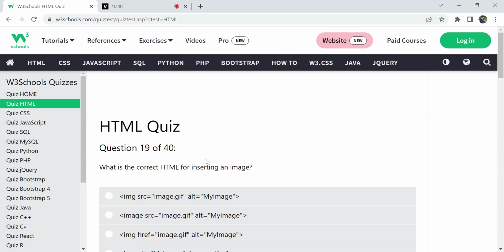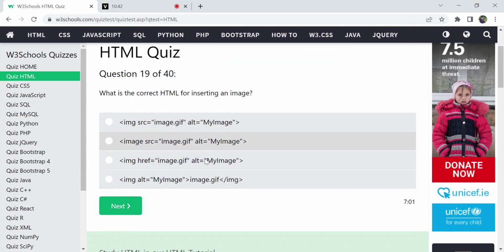So the next bit is related to HTML elements for inserting an image. For inserting an image, there is no image tag. We have the img tag, and you should know the attributes for that img. There are two attributes, the source and the alt. The source is what image should be displayed at that place. You should give the source of that particular image and also the alternate text. If the image is not displayed at the particular instant, you give some alternate message instead of that image. It may be due to internet issues or any other issues, or the image path may be wrong.